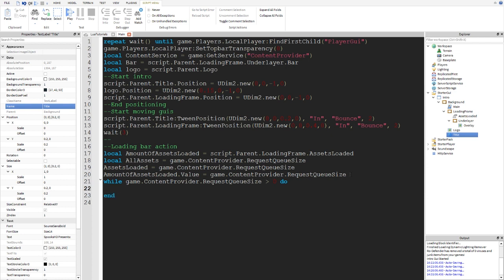And now here, what we're going to be doing is, if game.ContentProvider.RequestQueueSize is smaller than the assets loaded, then basically this will be all this, and this can be used anywhere in this script, so that's good. So if it doesn't have a local and it's a variable equals to, it can be used anywhere in the script. Assets loaded, then what we're going to do is amount, and we're going to be using this a lot, so amount of assets loaded